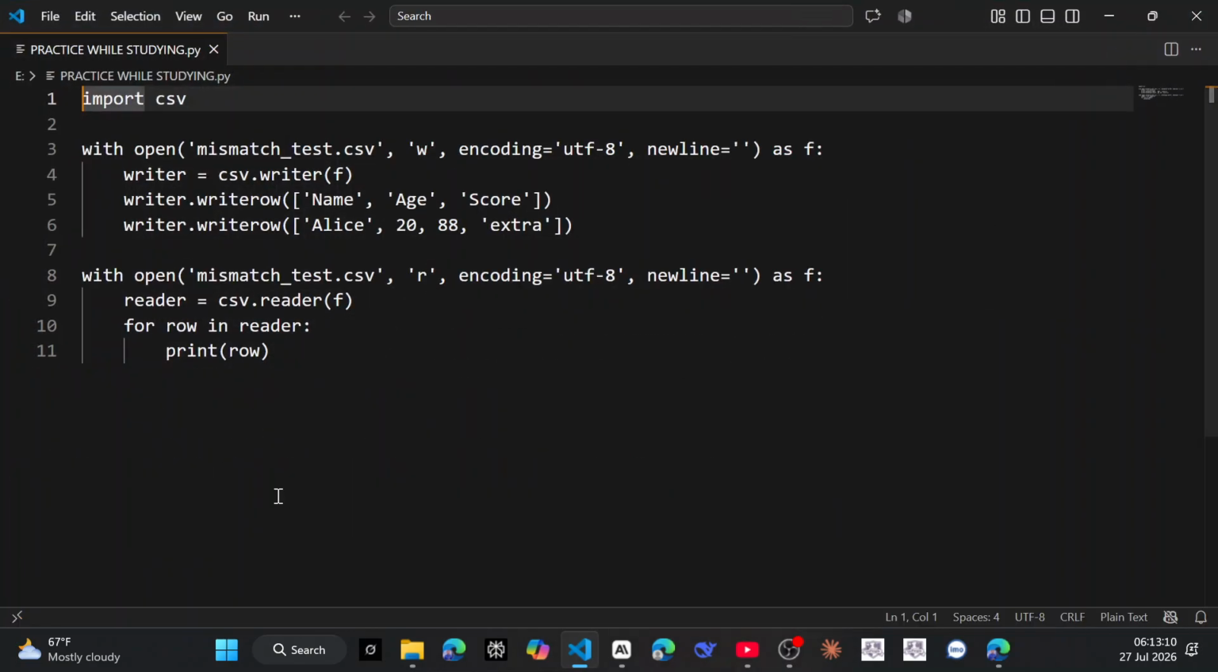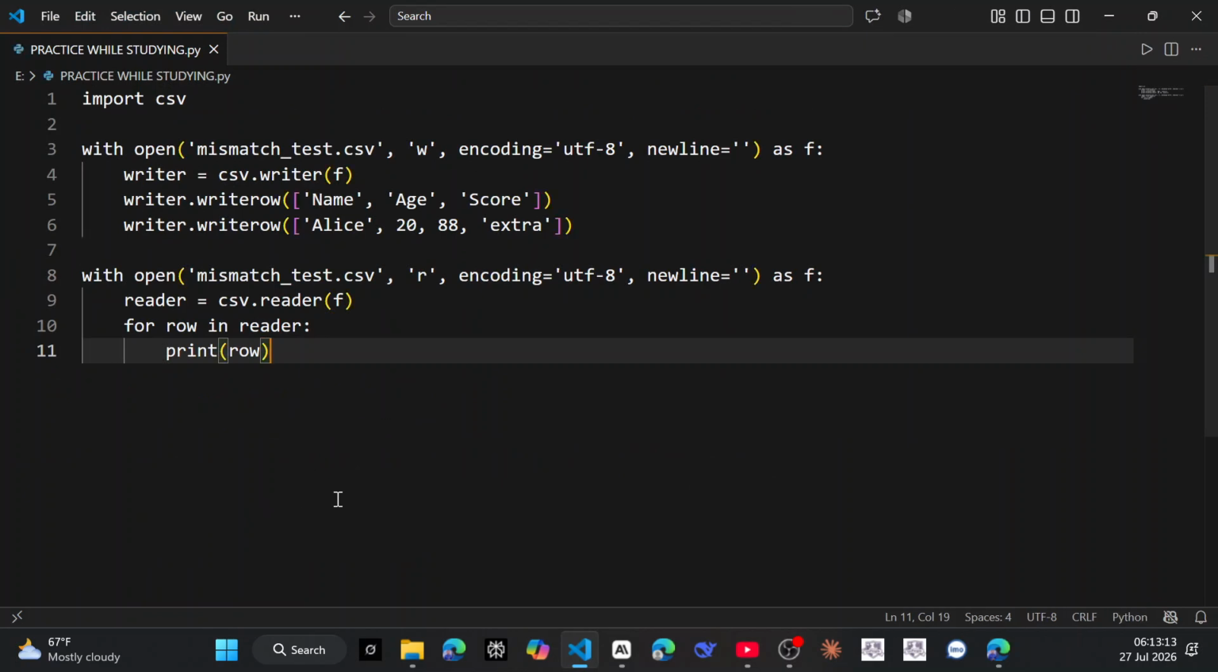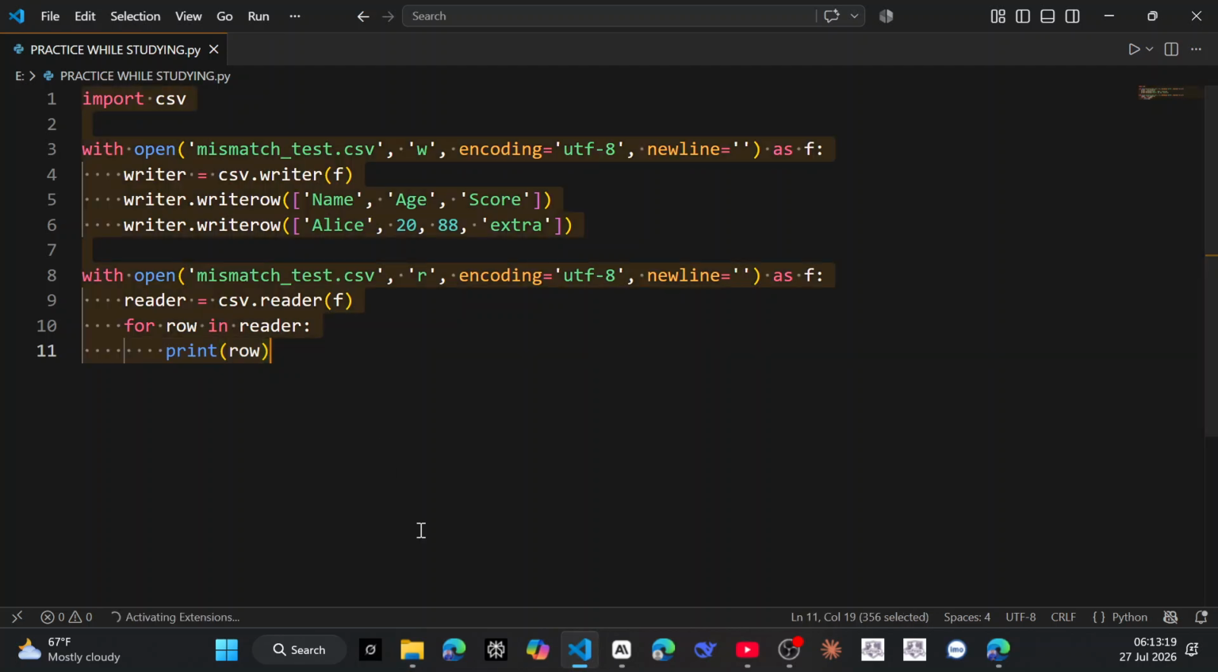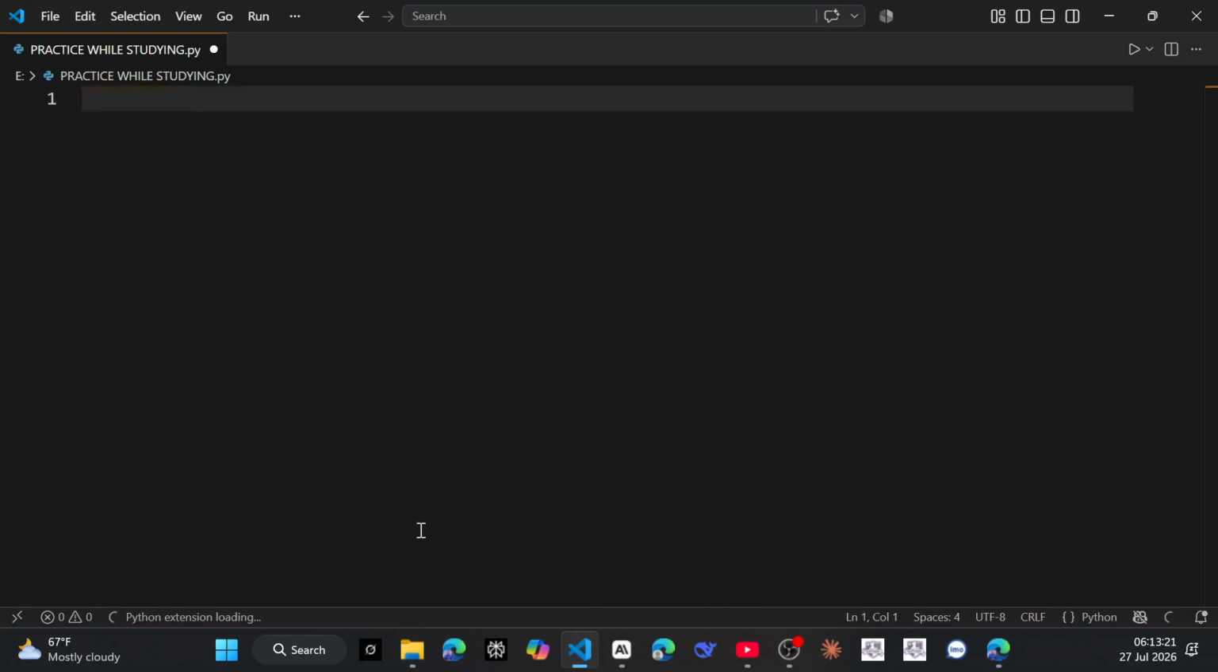So for example, let me first get rid of this. Let it first load. So for example, if we have for i, so we have said that